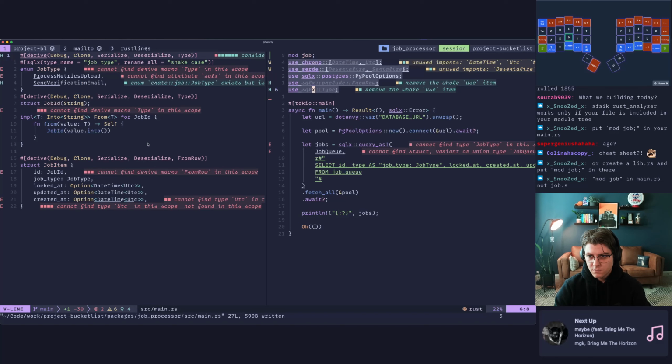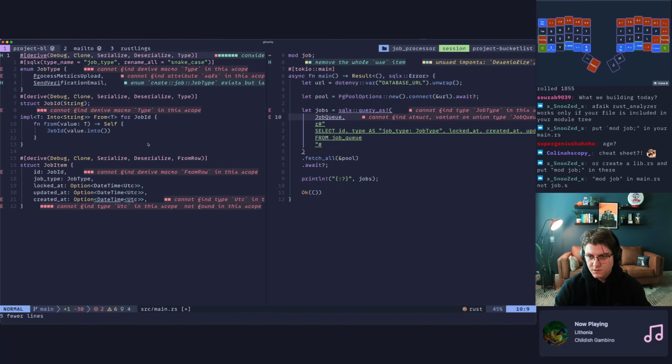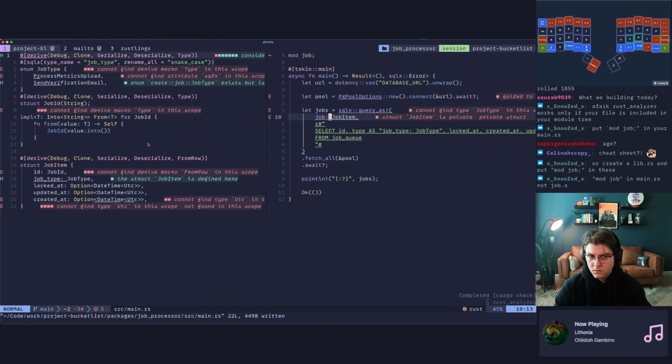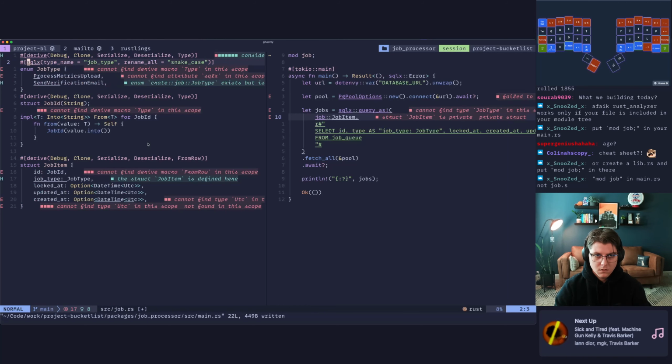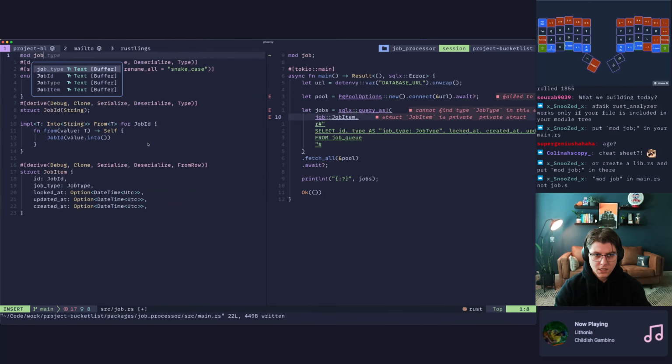Let's just go through here. And then we should be able to do, this should be job item. So I'd say this is part of mod job.